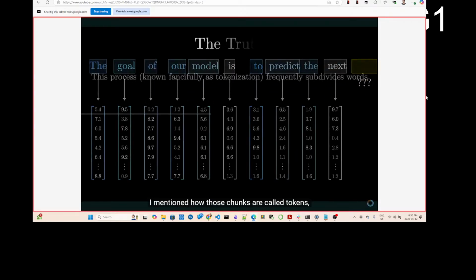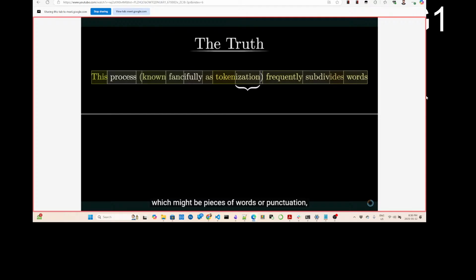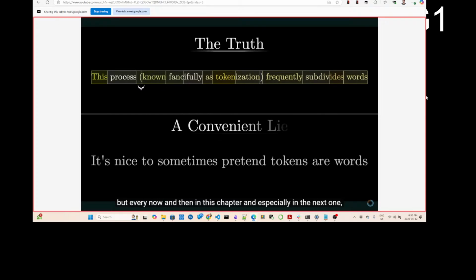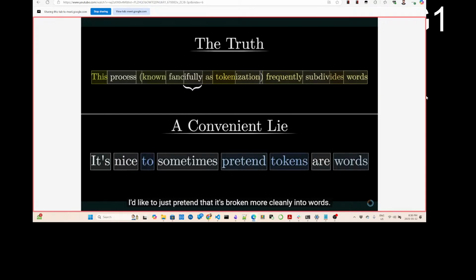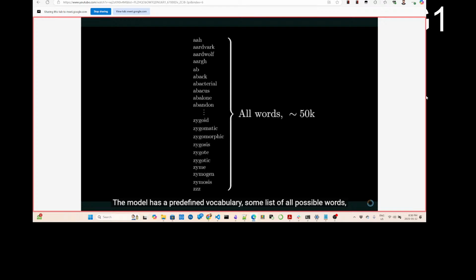I mentioned how those chunks are called tokens, which might be pieces of words or punctuation, but every now and then in this chapter, and especially in the next one, I'd like to just pretend that it's broken more cleanly into words. Because we humans think in words, this will just make it much easier to reference little examples and clarify each step. The model has a predefined vocabulary, some list of all possible words, say 50,000 of them, and